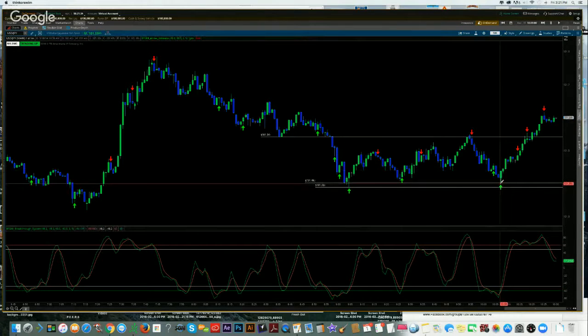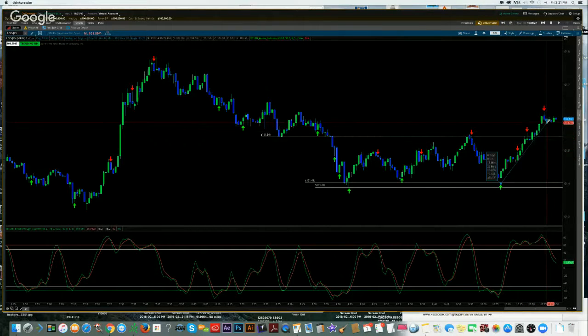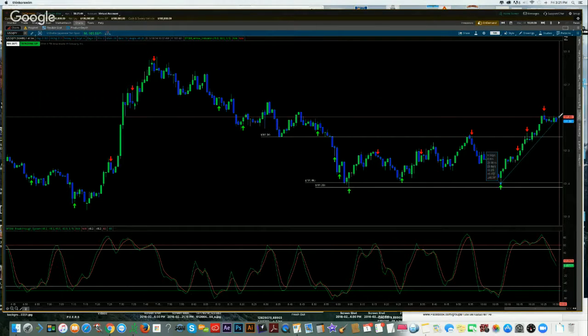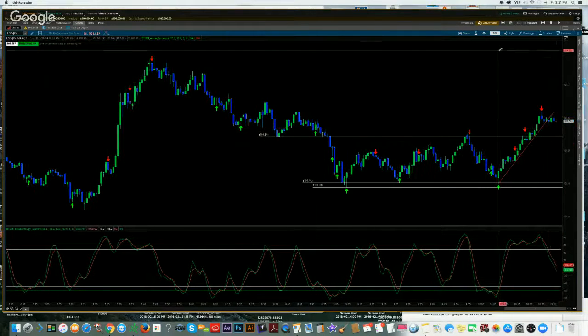Excuse me, let's try it one more time. Go to the lowest wick point, and then you're trying to match where the lowest point came to. So it would be right here, but really it would be right here. Now, to get accurate lines, what you can also do is